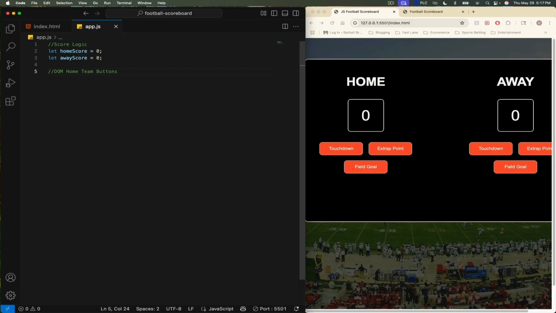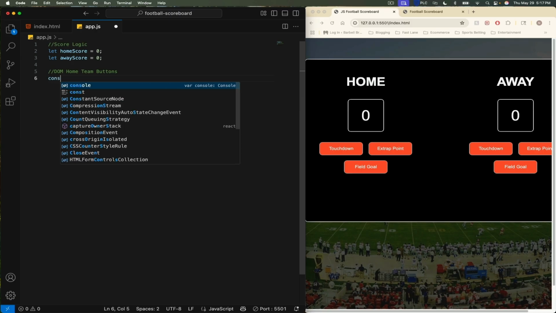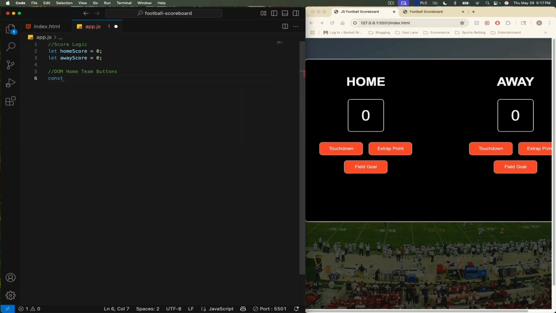All of my home team buttons, there's going to be 3 of them, this is where I'm going to grab them all by their ID and select them with JavaScript. So we'll say const, and this will be called homeTouchdownBtn